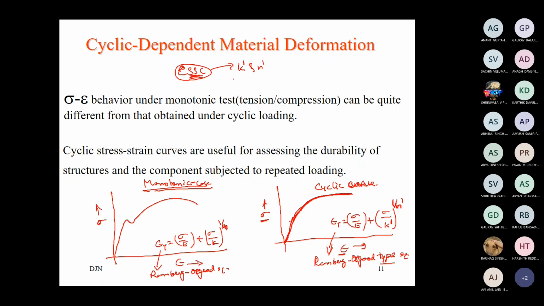Now let us see how this CSSC curve is developed. What are the methods to obtain this curve? To obtain the CSSC curve, the strength of material lab monotonic test is not sufficient. We have to apply cyclic load. Let us see how to obtain that. What is exactly meant by a stress strain diagram, and what various parameters play a role here. There is a term that comes now, hysteresis. We will look into that also.